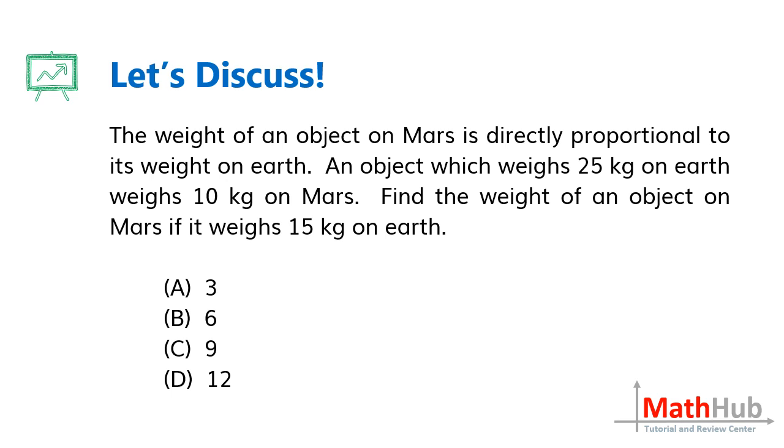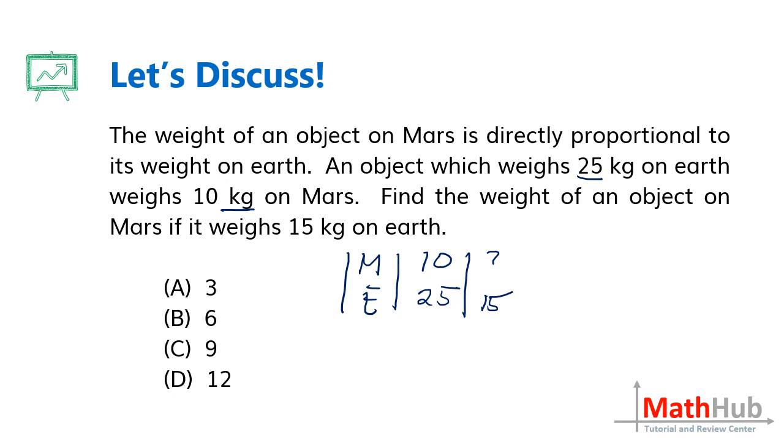So let me just write a table also here, and then weight on Mars and then weight on Earth. So for our first one, an object which weighs 25 kilograms on Earth weighs 10 kilograms on Mars, right here. Now, we want to find the weight of an object on Mars if it weighs